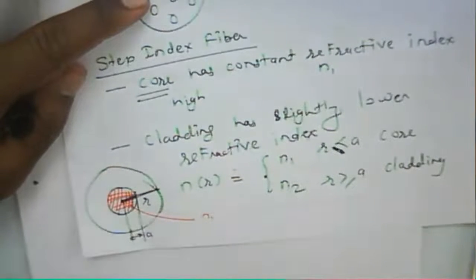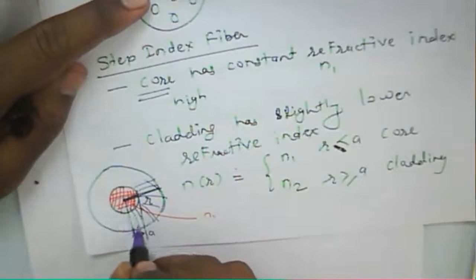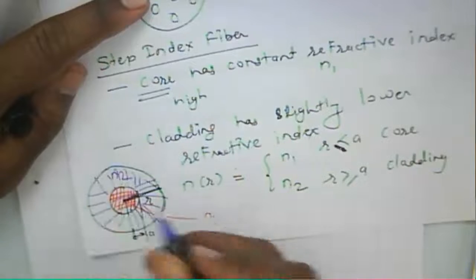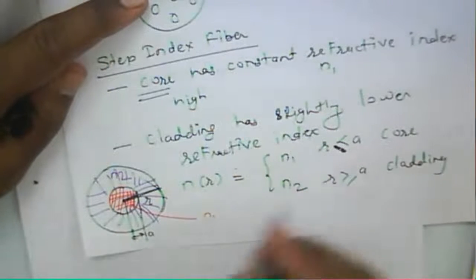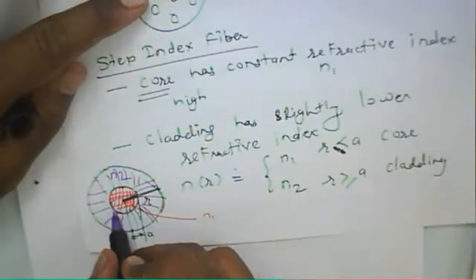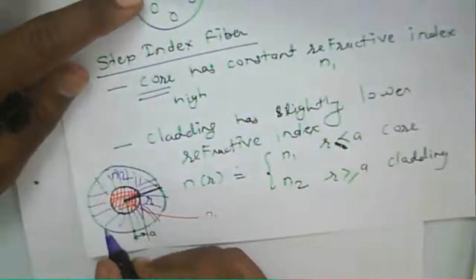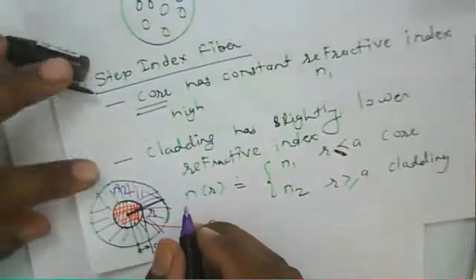And in the cladding, in this region, the refractive index will be n2. So there is a variation, or an abrupt change, in the refractive index at the boundary of the core and cladding. So for the given particular fiber, we can consider that